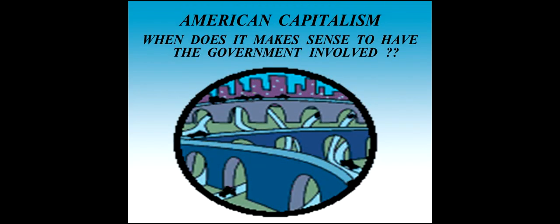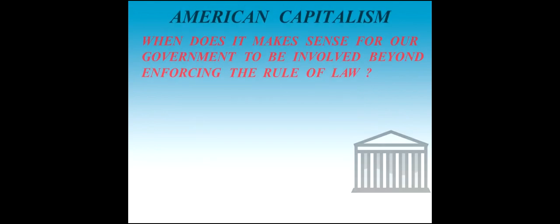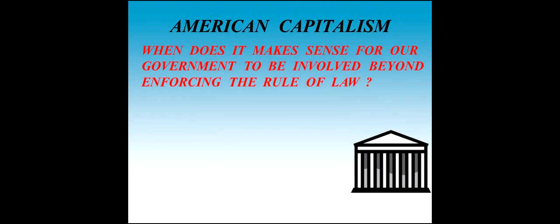We're now finished for the time being with our brief look at laws and policies. And we're going to move on to the concept that Adam Smith talked about in explaining capitalism of limited government involvement in the capitalist economic system. And we're going to look at when it does make sense to have the government involved and to what extent. Now, we know the government is involved in the capitalist economic system through the enforcement of the rule of law, and that's how our economic freedoms are protected.